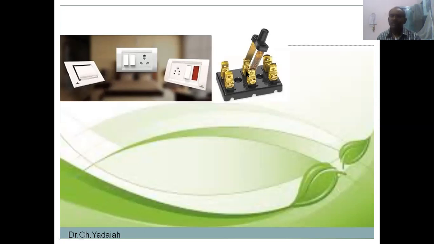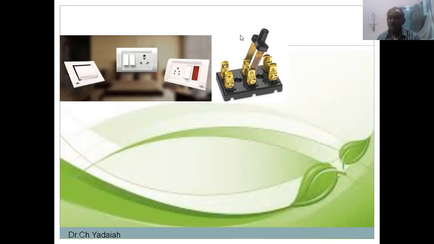Now, these knife switches are also classed as single pole, double pole, triple pole, as well as single throw and double throw. So, what is the meaning? Pole means one conductor. This is one pole, this is another pole, the double pole. Whatever input is given to the middle, one circuit goes to the output here, so it's connected to one load, and here to another load. Whatever supply is given from here, for example the phase and neutral, or in case of DC, this is plus and this is minus.